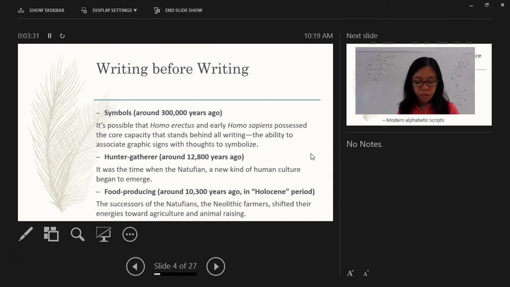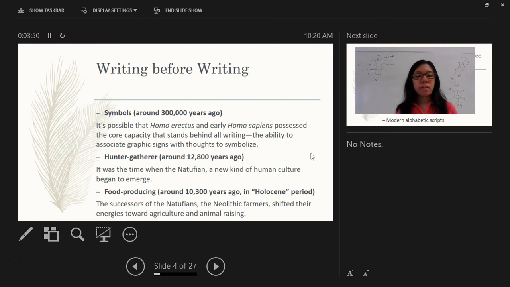symbolize something. The first is that they collected pieces of red ochre to be used for some symbolic purpose. They also carved a rather nice minimalist design into an ox rib, and they also used shells with holes as ornaments.